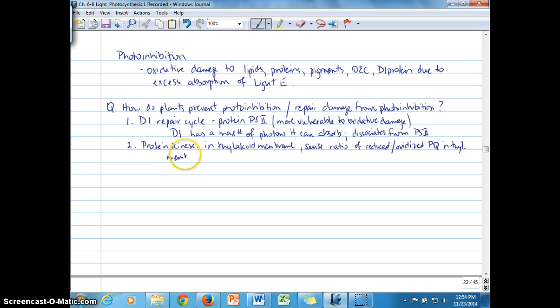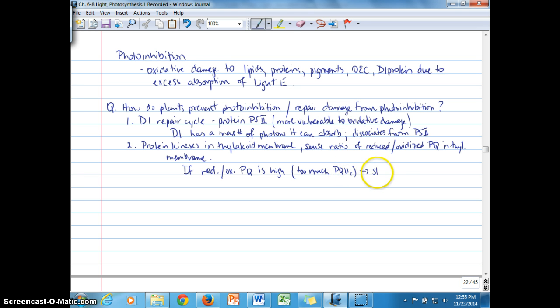In that pool that we mentioned, we called it a PQH2 to PQ pool. And so if the reduced to oxidized PQ ratio in the pool is high, meaning there's too much PQH2,